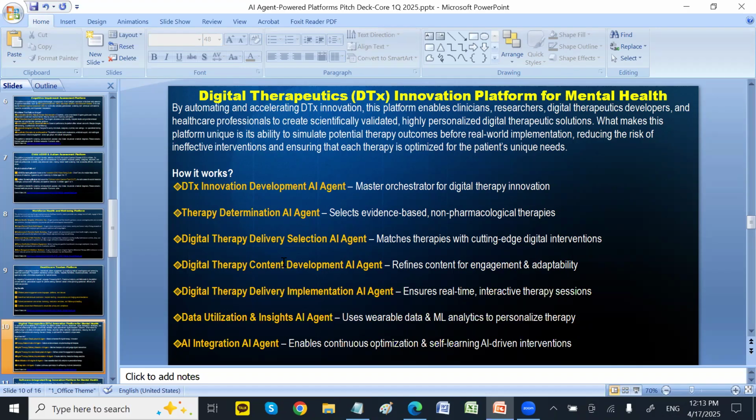And then once you have a digital means, it tries to find out how to develop the delivery means, and you need to understand the content. For example, a lot of the techniques used in this area use some kind of content: visual content, voice content, or sometimes virtual reality content. Right, so there are different types of content they require, and I accumulate, based on my research, all the content for the given condition, and then the AI agent learns and understands.